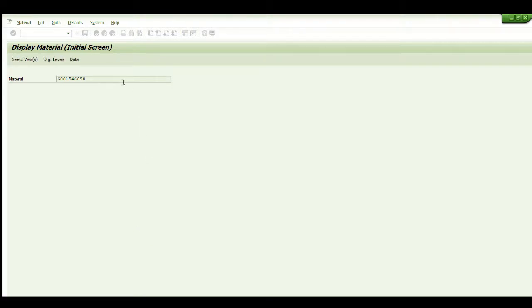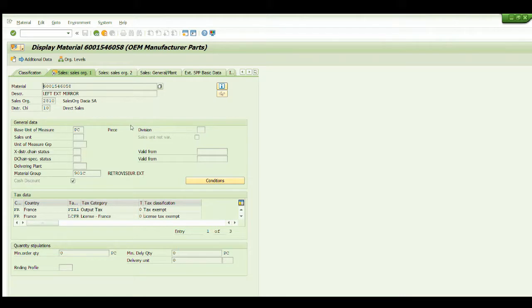Here pass the plant and sales org and distribution channel, continue. Right, so here under the general data section, you can see the delivering plant. If this is maintained, the system will determine it from the material master.